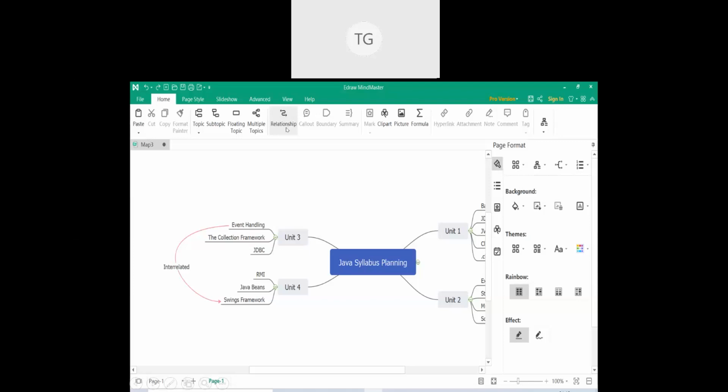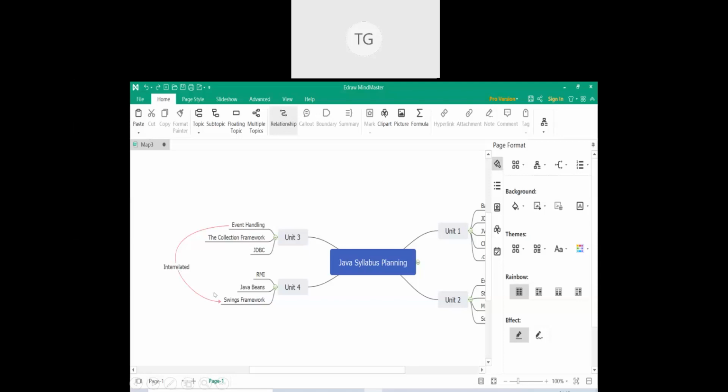The moment you click on this option and you direct a relationship from event handling in unit 3 to Swings framework in unit 4, automatically the student, when he looks at this mind map, will understand that these two topics are interrelated. The teacher has written that this topic being taught here will also be extended in unit 4.